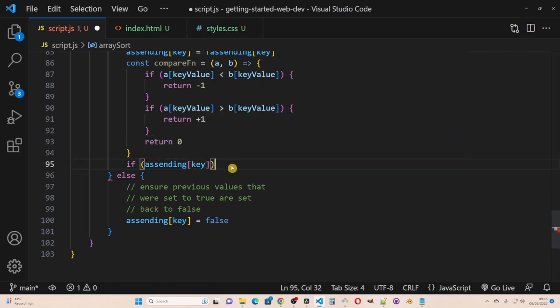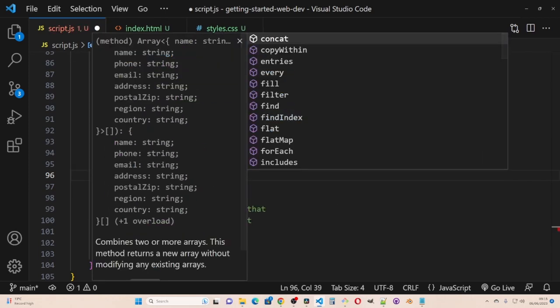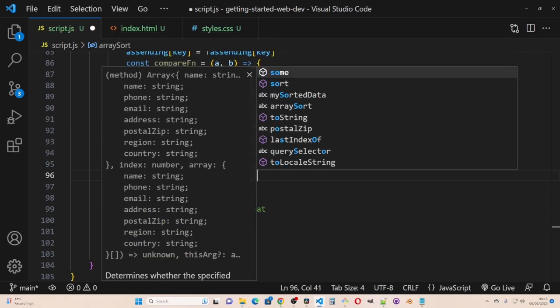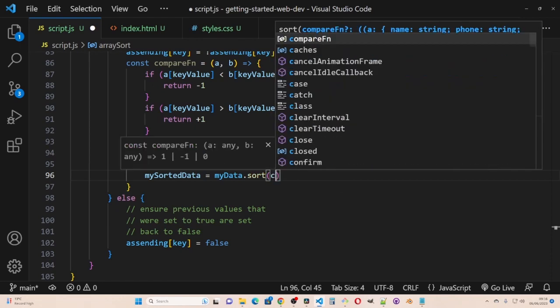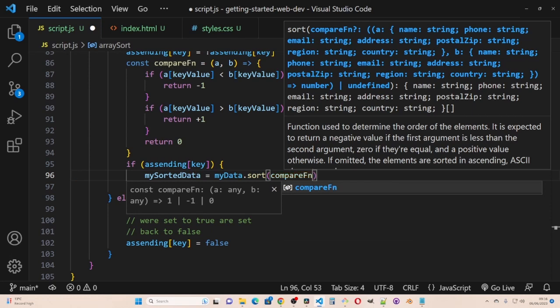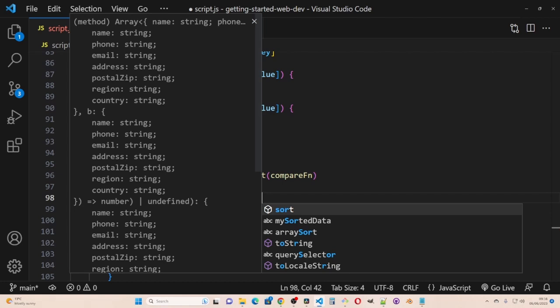If ascending key is true, then my sorted data equals my data dot sort compareFn, else my sorted data equals my data dot sort,